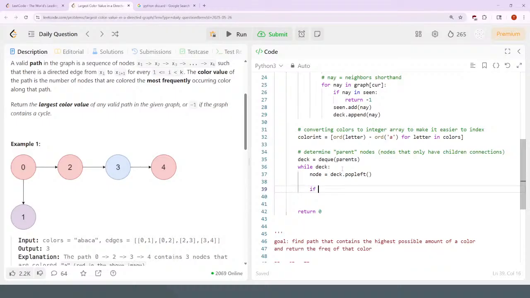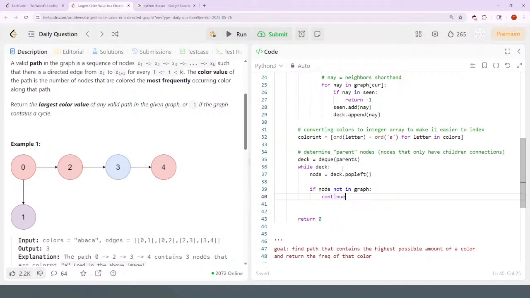So if the node is in the graph, or if the node is not in the graph, then just skip it. If the node is not in the graph, I think maybe,